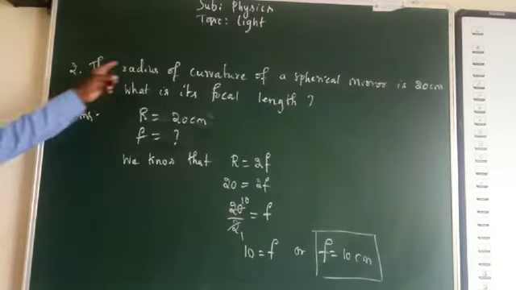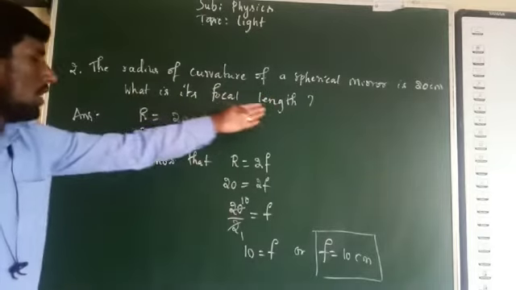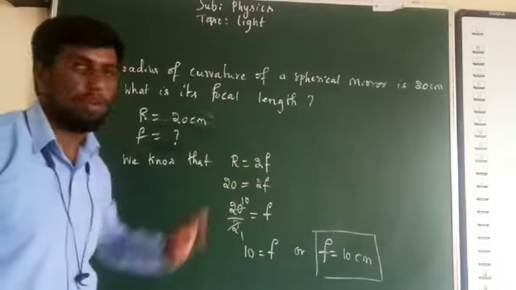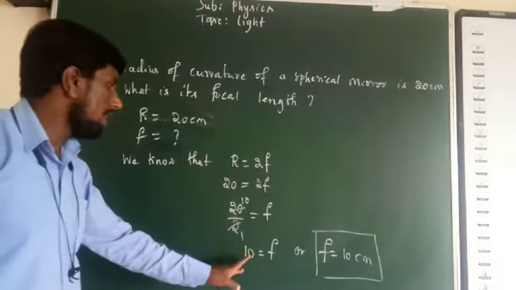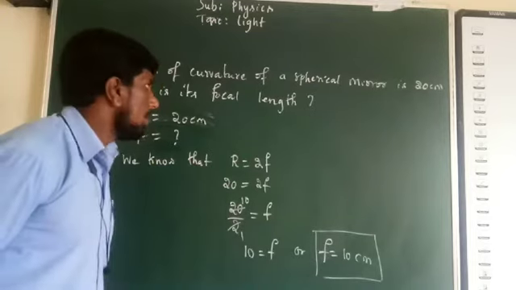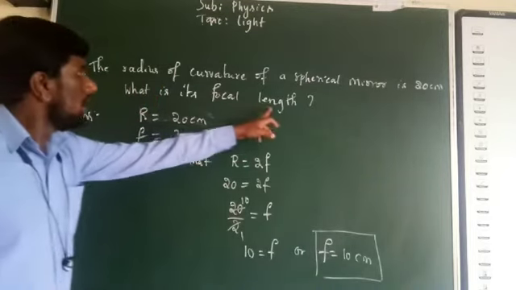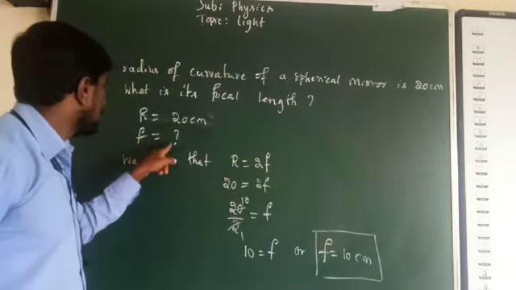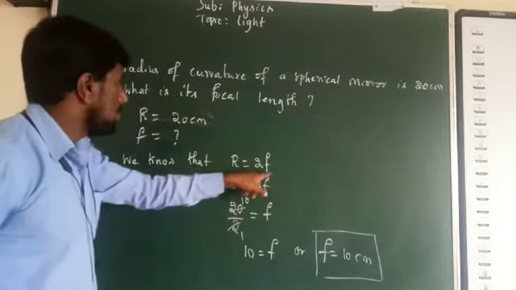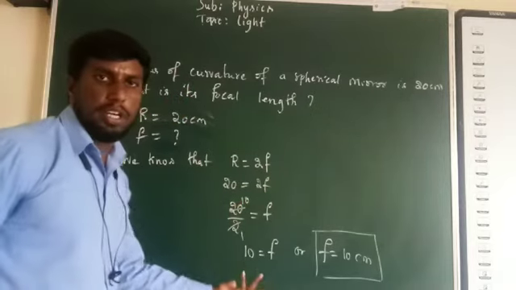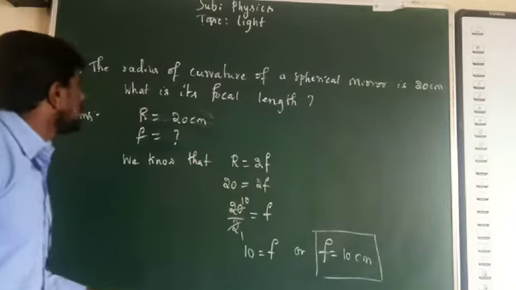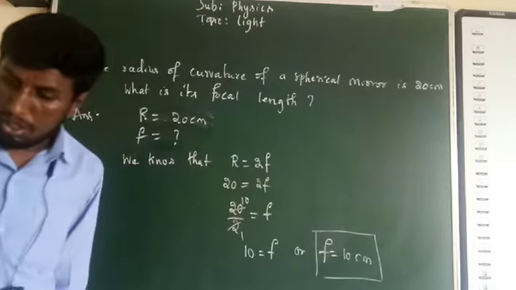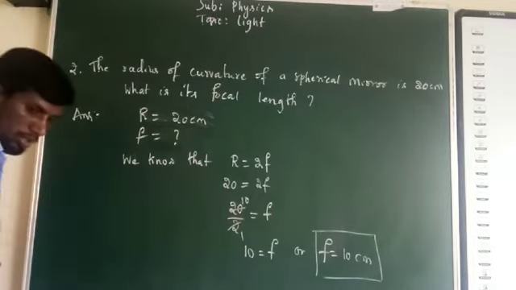If they have given the radius of curvature and are asking for the focal length, then it's very easy. Substitute the R value. We should remember the relationship between radius of curvature and focal length. Substitute those values, cancel it, and write the answer. That's it. Sometimes they will give the focal length and ask for the radius of curvature. At that time, we should write the focal length, R will be question mark, substitute the F value, multiply with the 2, and write the radius of curvature. So this is finding out the focal length if they have given the radius of curvature.